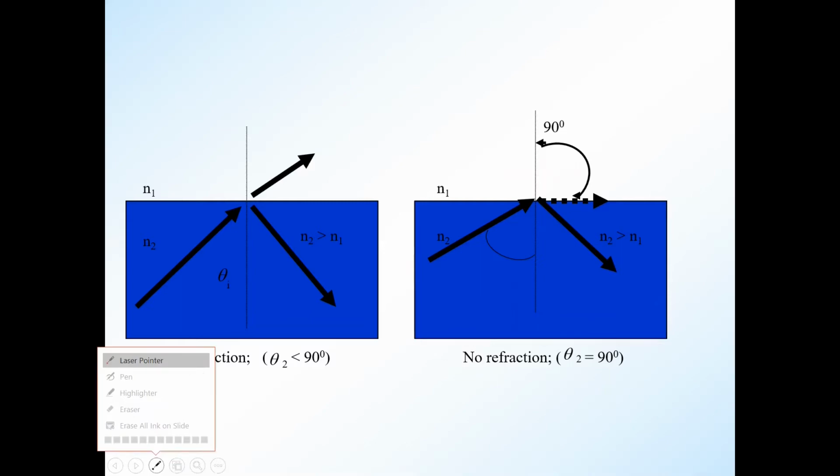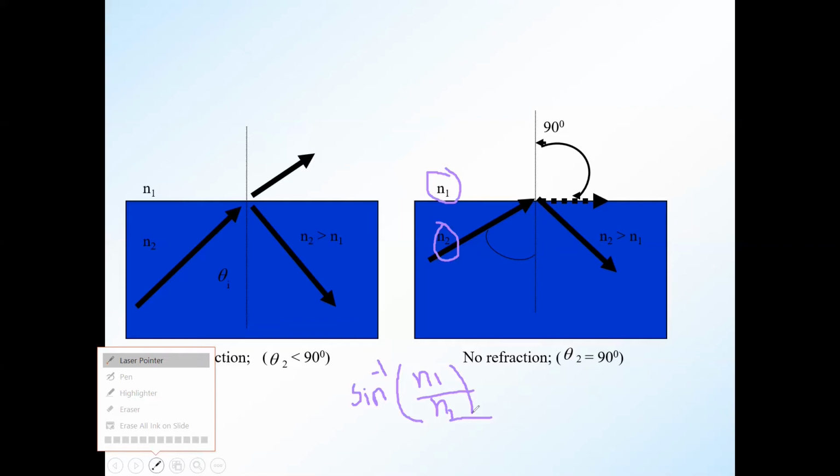Different for different pairs of media, right? Exactly. Critical angle, I will come to that. The critical angle is not the same for all fibers. It depends upon the refractive index values of your core and cladding. The value of your critical angle is given as sine inverse of n1 by n2, so it will depend upon your core and cladding refractive index.